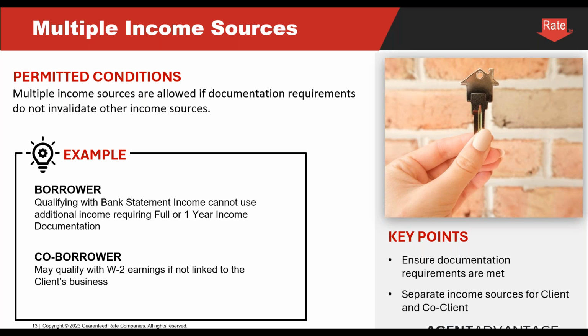And now we're going to be able to do common sense underwriting, take the cash flow from that business, be able to create a common sense income qualification requirement, and then pair that with normal W-2 income. So just remember, there's lots of different ways to be able to do common sense underwriting here with non-QM,